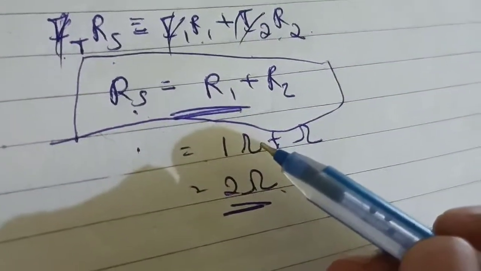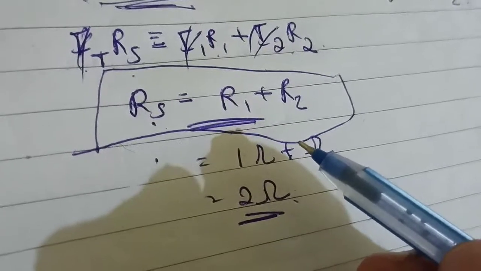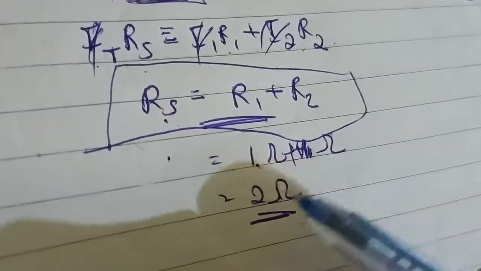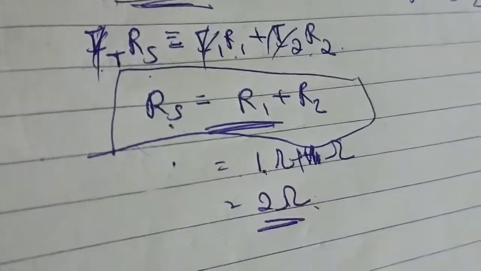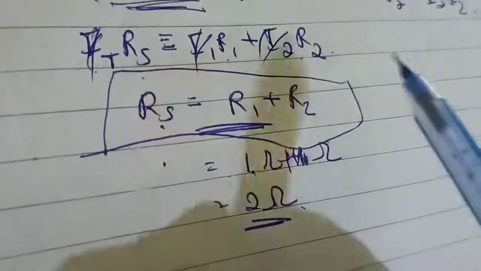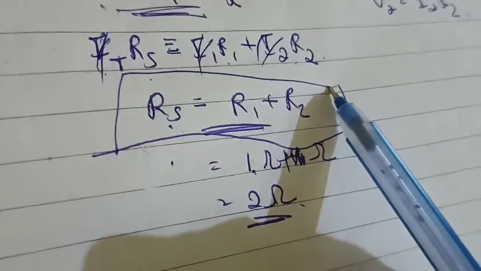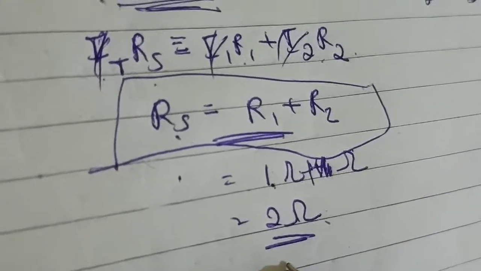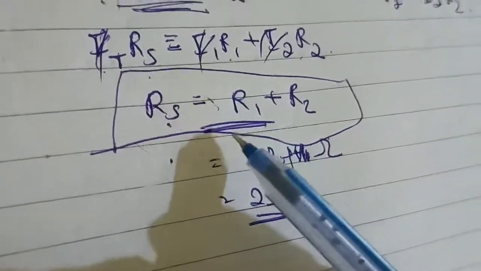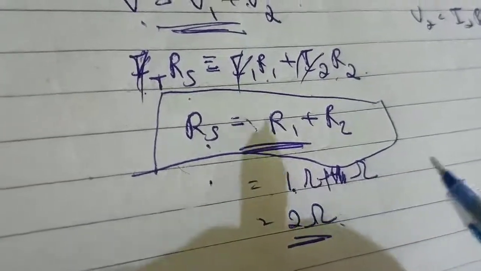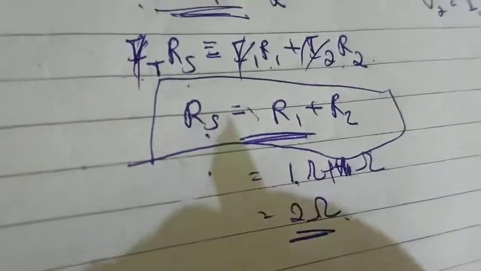Now what was my question? I have only 1 ohm, isn't it? So 1 ohm plus 1 ohm, you get 2 ohm. So you have got 2 ohm resistance, isn't it? If one resistor consists of 1 ohm, the other one will also be 1 ohm. So 1 ohm plus 1 ohm, you get 2 ohm resistance. So this is the formula which is used for resistance in series to find out the answer. How much will be the resistance in series?